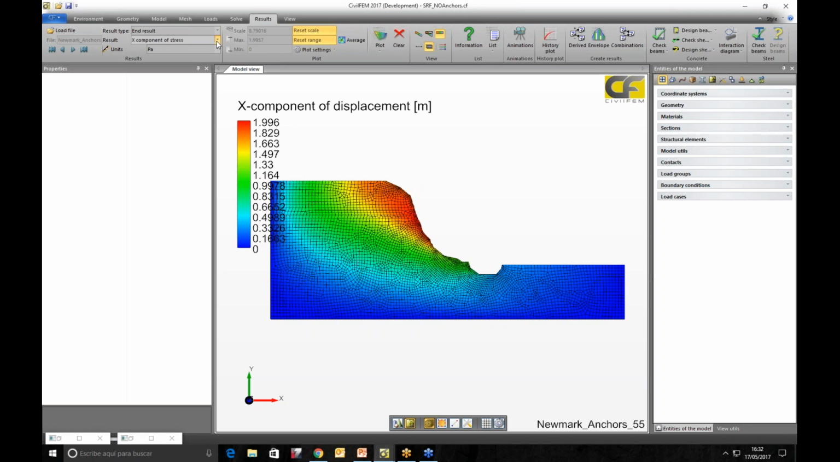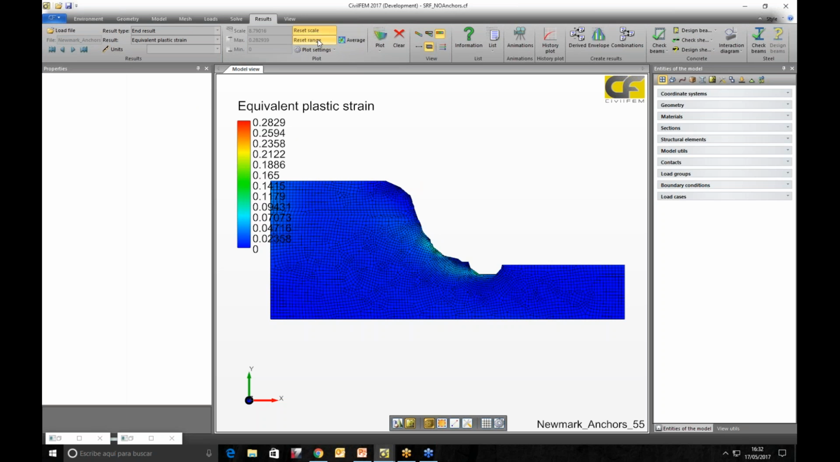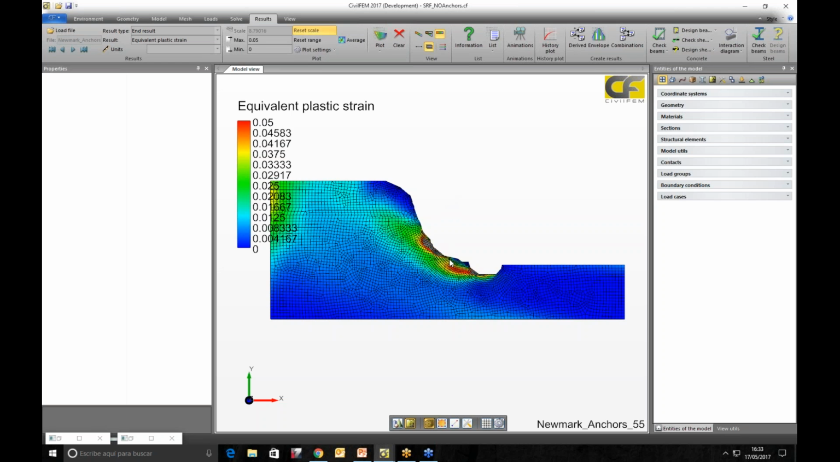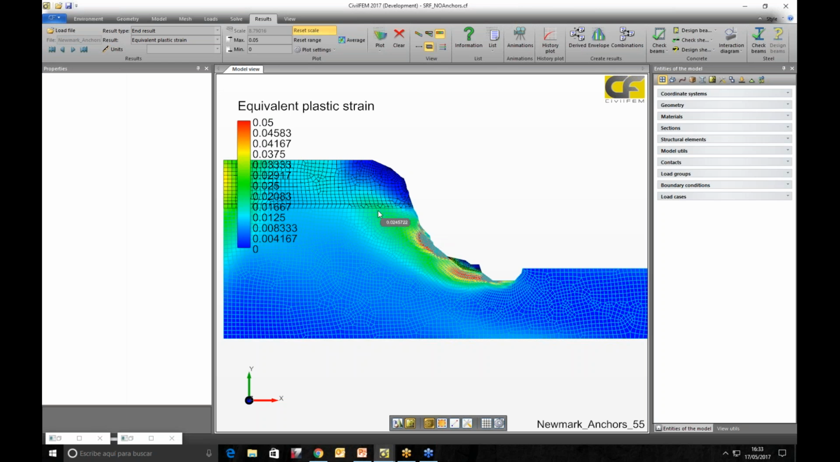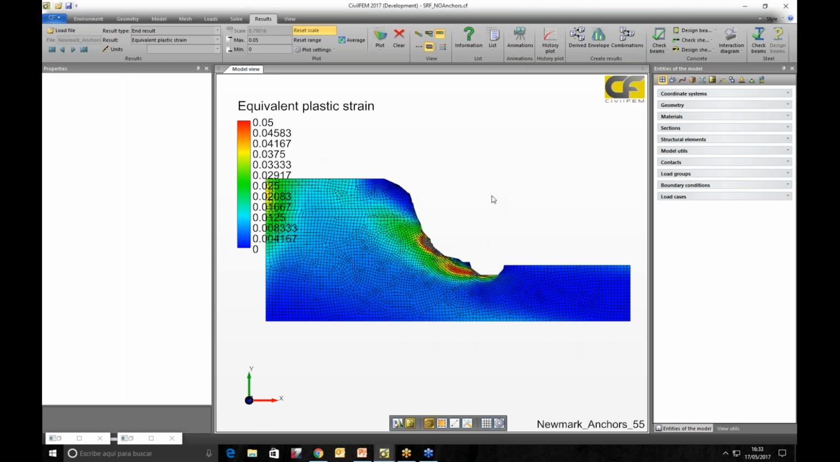And if we plot equivalent plastic strain, as there are big yielding zones on the bottom, we have to reduce the range to be able to see it better. With a more logical range, we can see that for different accelerations, different yielding zones are being generated. If we plot, as we did before, horizontal displacements versus acceleration, in this case,